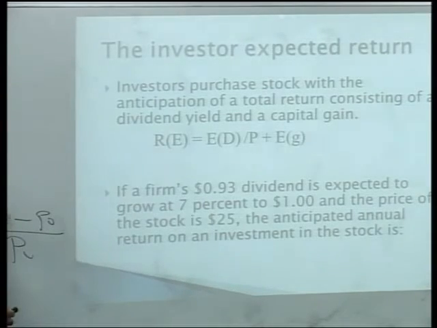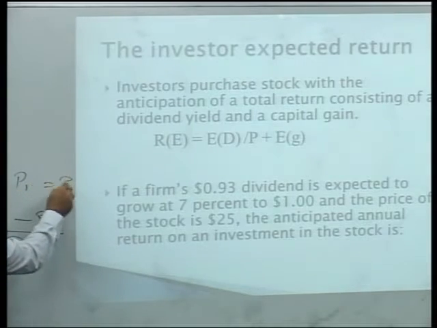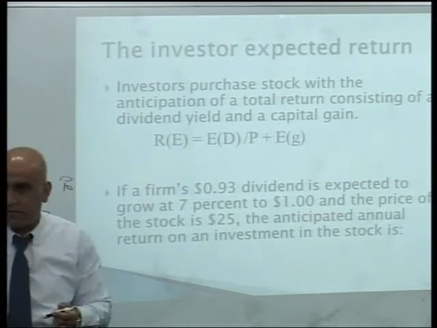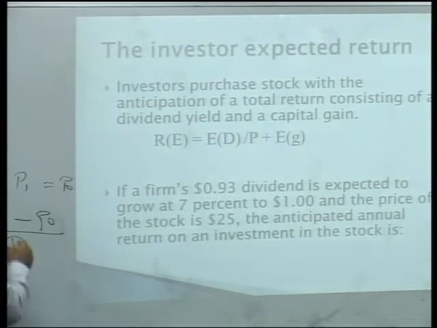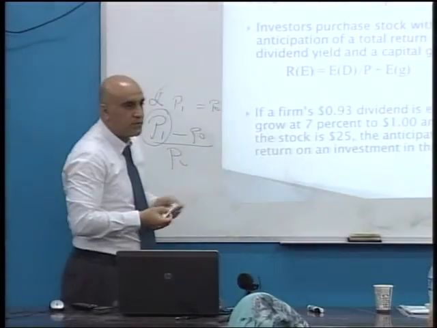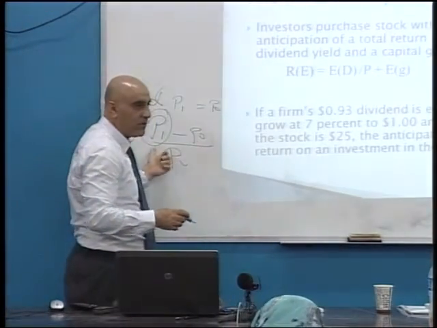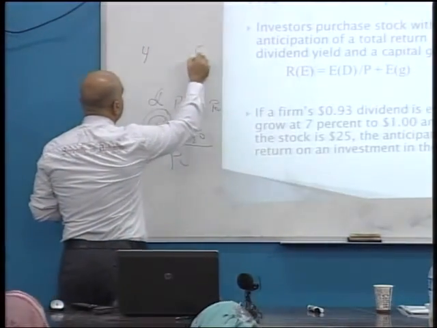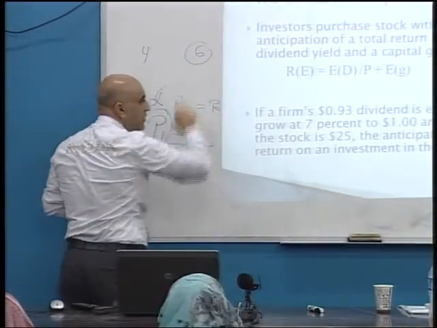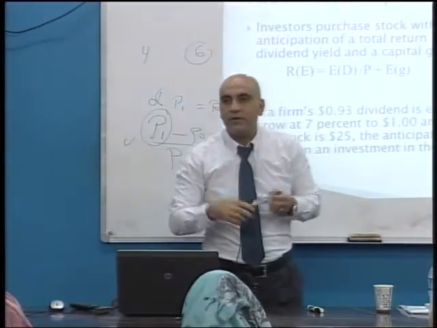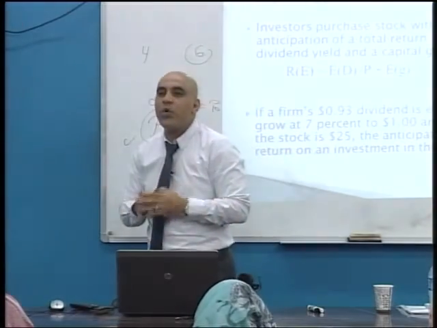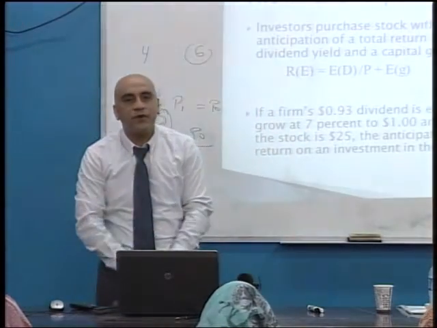Now, why is this important for you? Why is P1 growing? For instance, if P1 equals P0, there is no growth in the business. Now, my little question: why do we expect P1 to increase more than P0? You are buying at a price P0 and selling at a price P1. You are buying at 4 and selling at 6. The question: why does it increase to 6? Again, in a different way, we are asking why this stock grows from 4 to 6.